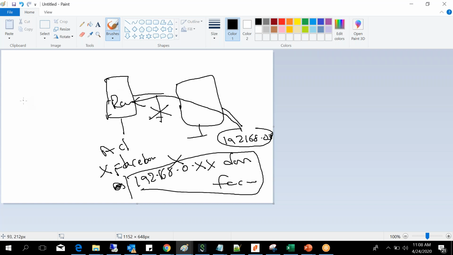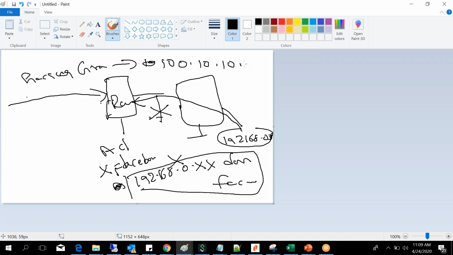At the same time, if there is a guy from the outside, let's say a hacker group, with an IP address something like 100.10.10.0, the complete subnet.